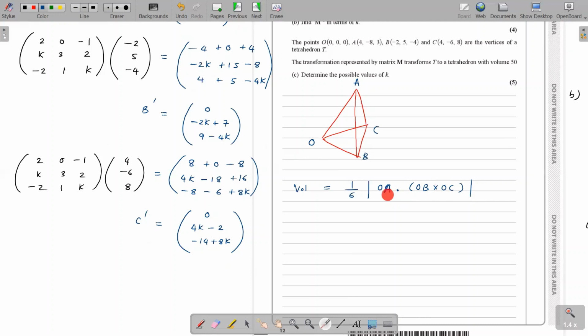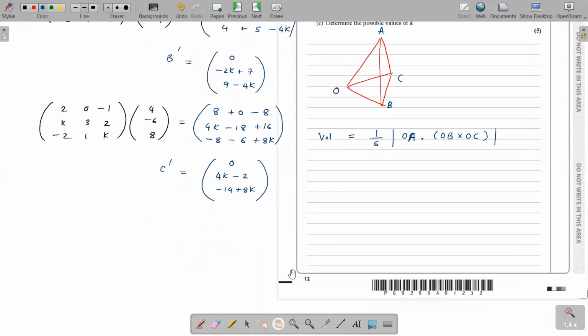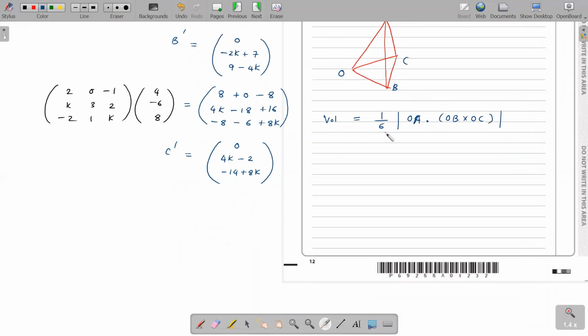The determinant of a 3 by 3 matrix where the first row gives the A coordinate, the second row gives the B coordinate, the third row gives the C coordinate. It will give you A dot B cross C, the scalar triple product. Are you with me? And then afterwards, you have to get 1/6 of the modulus of that answer. Okay, so let's get